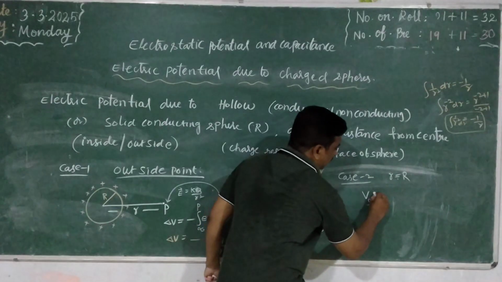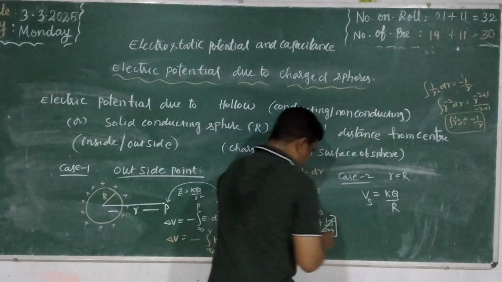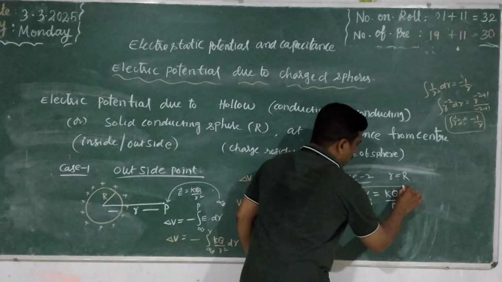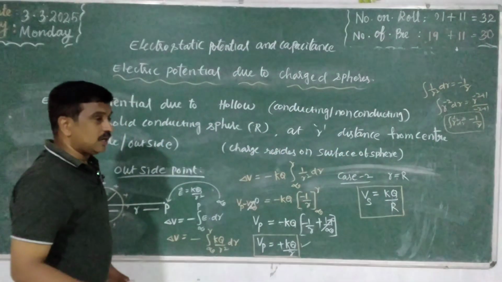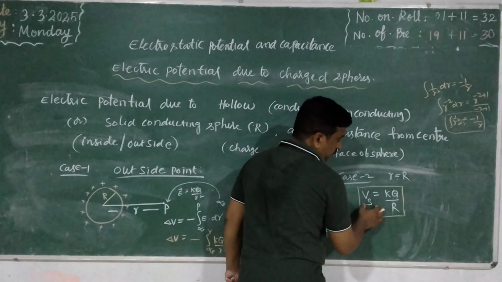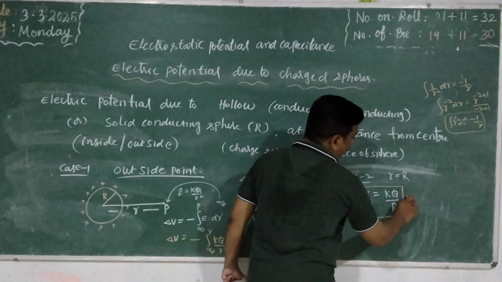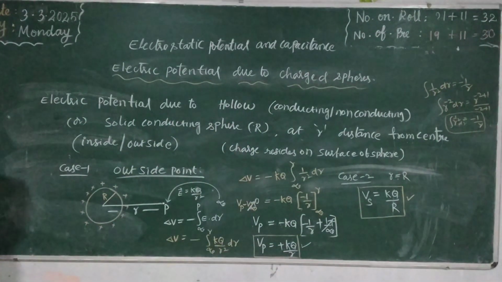We can write it as KQ by capital R. It is the electric potential due to a hollow conducting, non-conducting or solid conducting sphere on the surface, capital R distance from the center, that is Vs equals Kq by capital R. It is on the surface. So the next one is